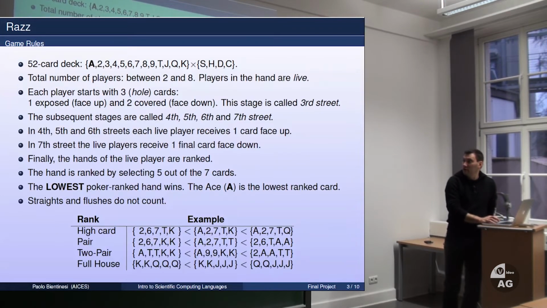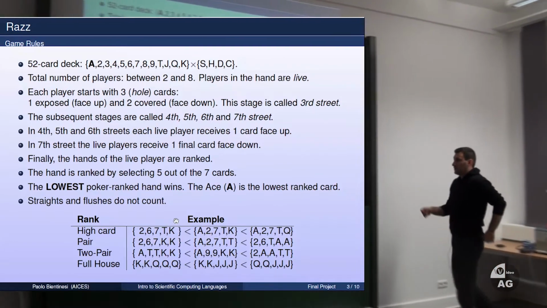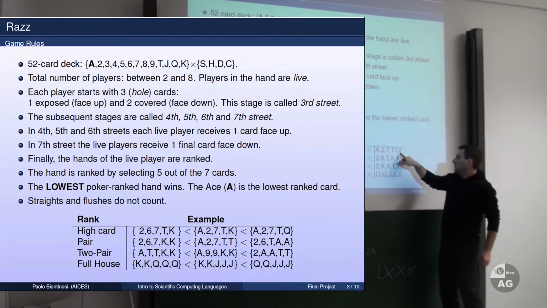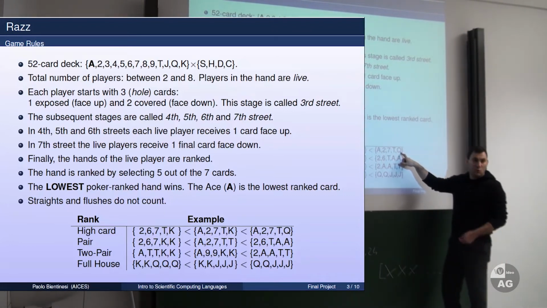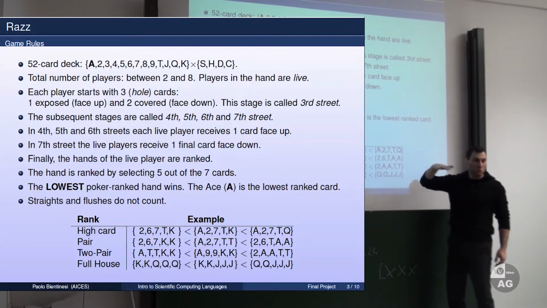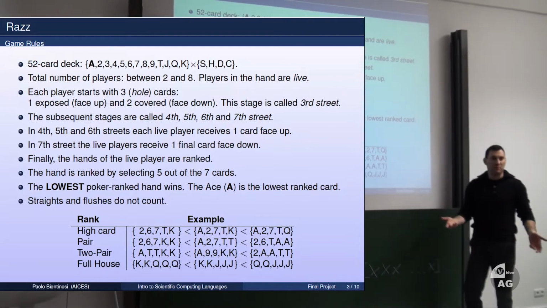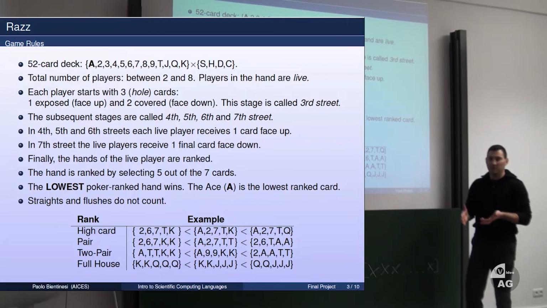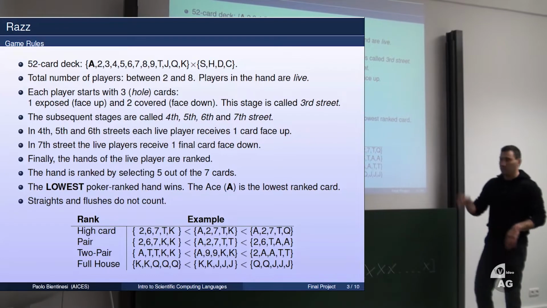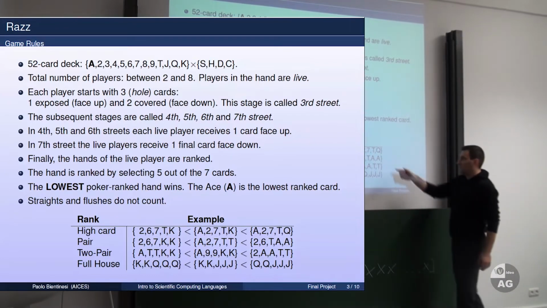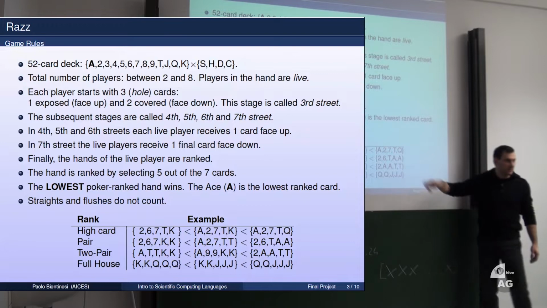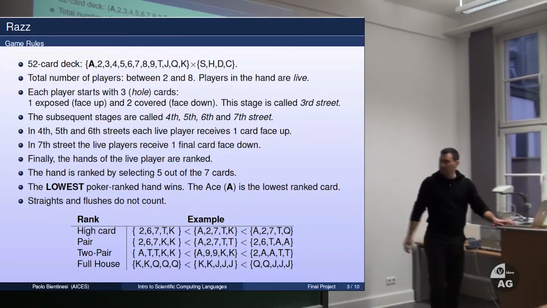So in RAZZ, and especially in Omaha Hi-Lo, you only care for the highest, so the worst. You don't go for the best, you go for the worst, and you want to have this worst card as low as possible. So a RAZZ 5 is the best possible hand. A 6, it's very, very good. A 7, it's pretty decent. An 8, is, from 9 on, it's worthless. A pair in RAZZ, it's a complete disaster.